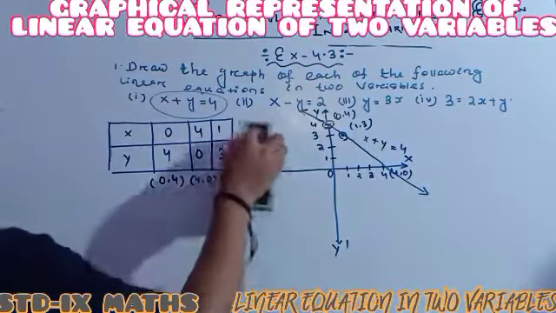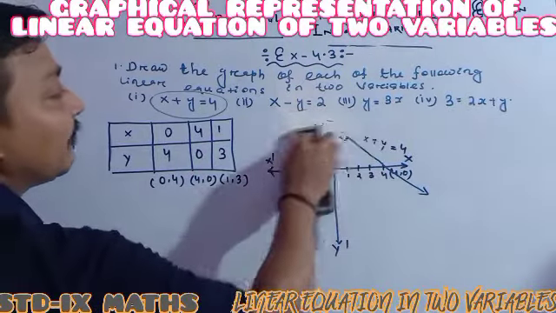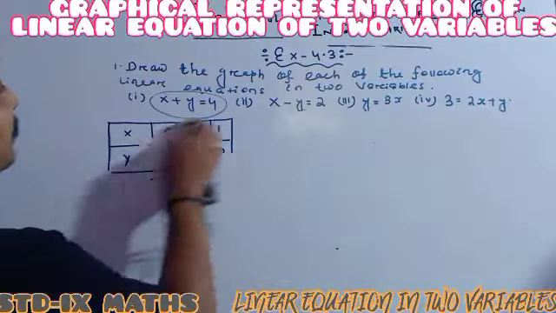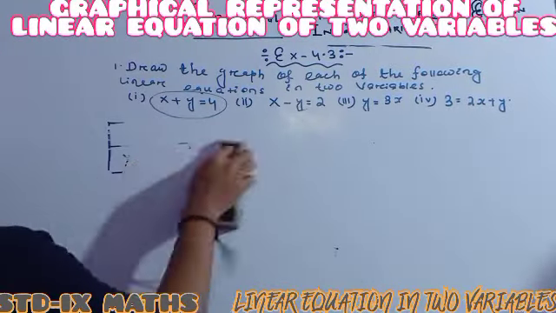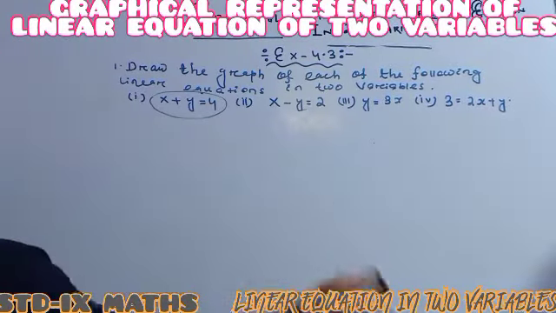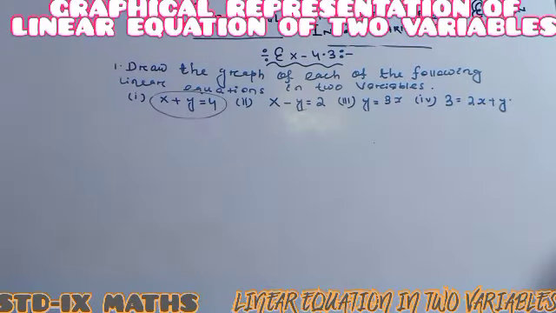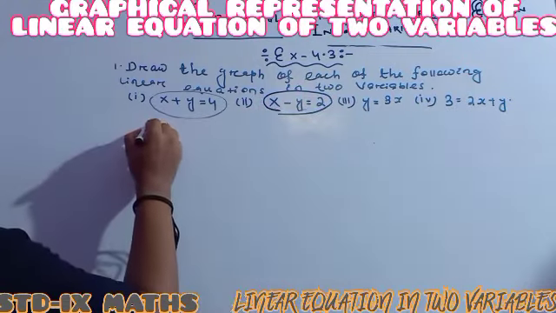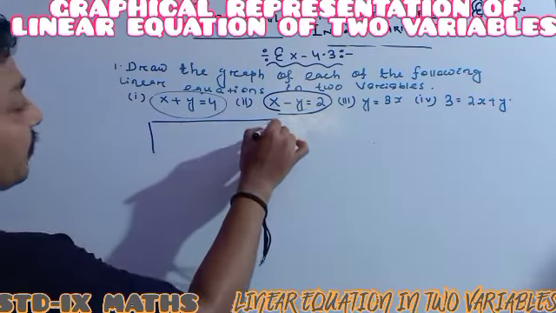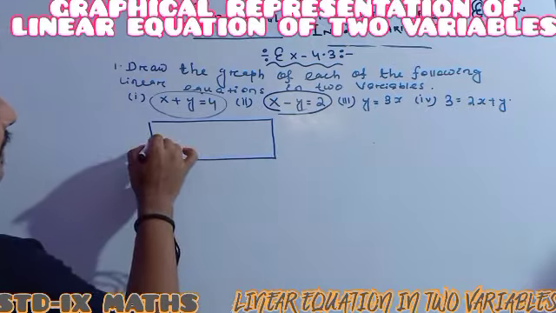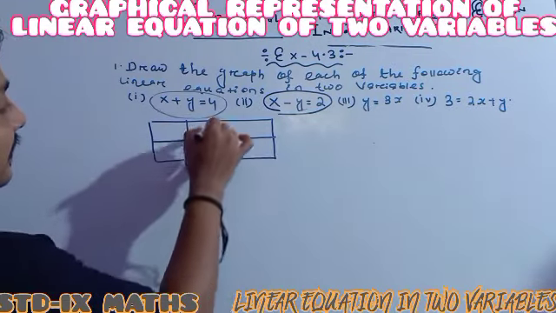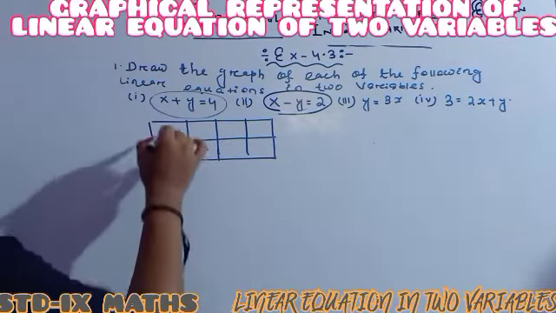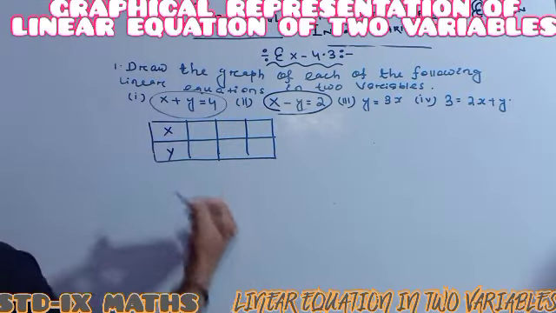Next question I am showing in a similar way, so that you will gain much more confidence. See, the next question is x plus y equal to, the second question. We will do the second question now, and in it also you have to make a table. I am making it. Here 2 is sufficient, otherwise I take one extra. Here it is x, this one is our y.